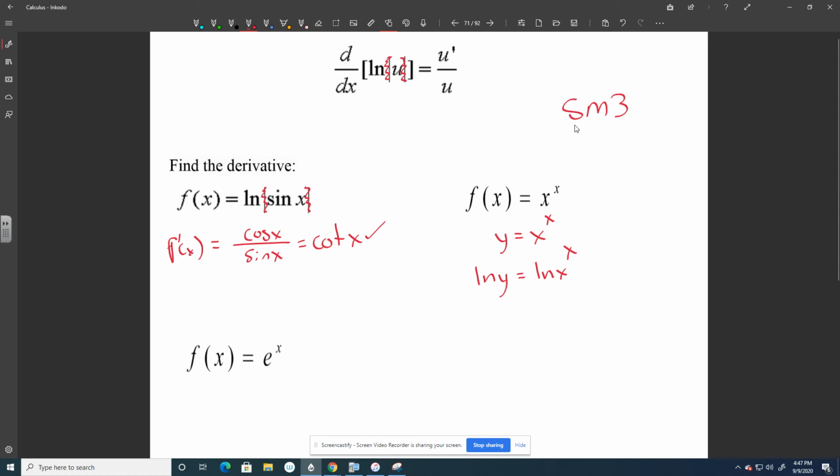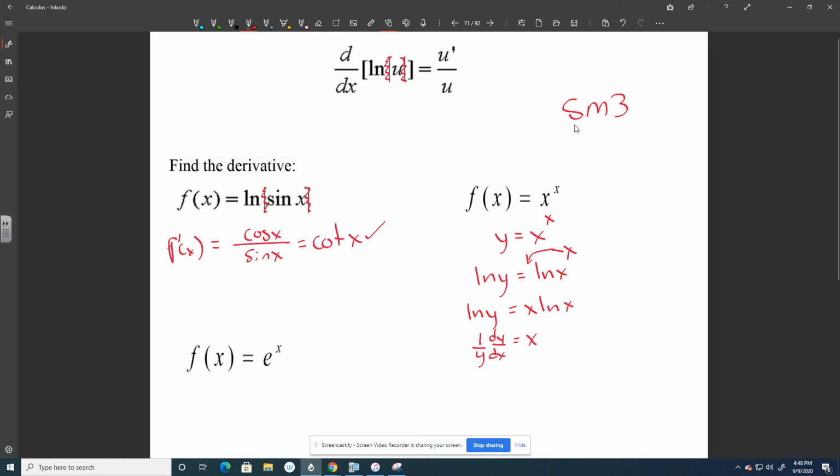And the reason I want to do that is because now that I have the natural log of x to the x, I can move my x to the front. So this becomes natural log of y equals x natural log of x. Now I'm going to go ahead and differentiate. So the derivative of the natural log of y is just 1 over y, but I can't forget my dy dx because we're taking the derivative in terms of x. So I need that dy dx, but otherwise it's the same as the natural log of x. And that's going to equal